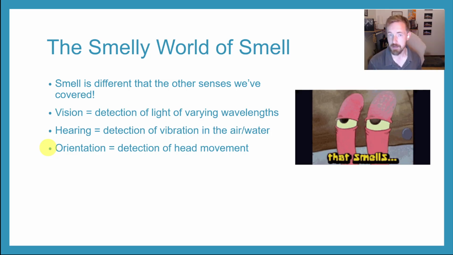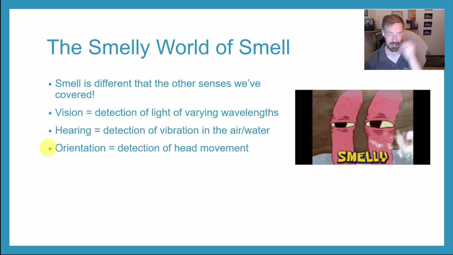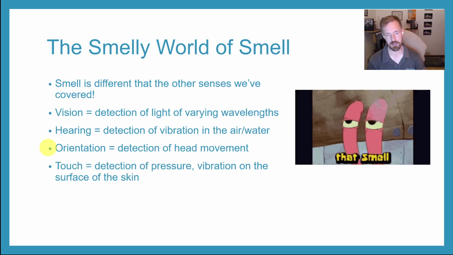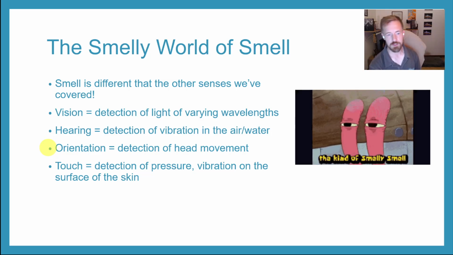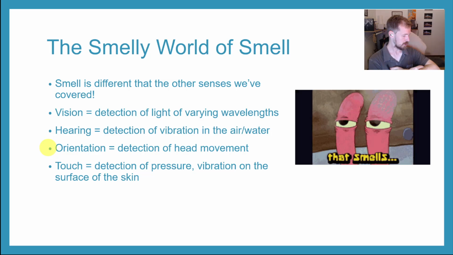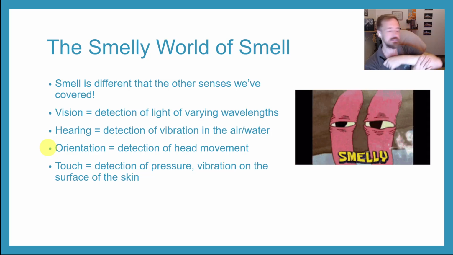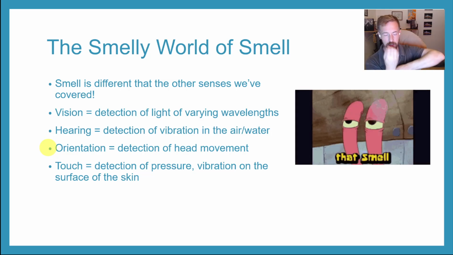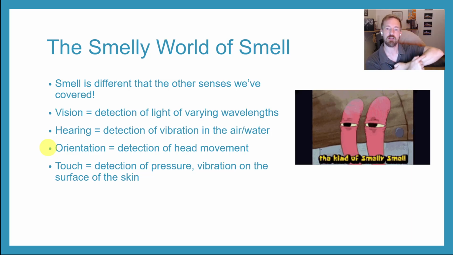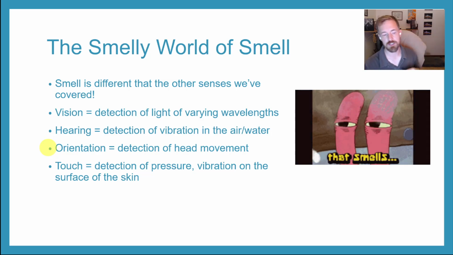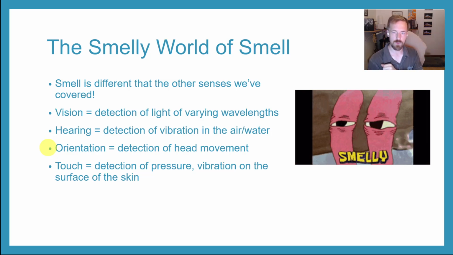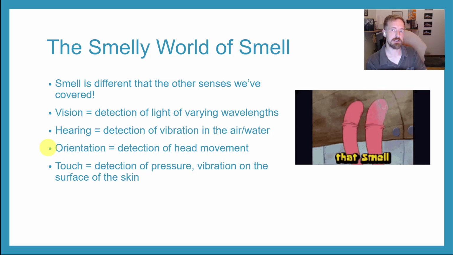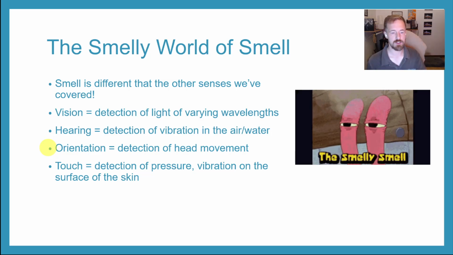Orientation, that's detecting head movement. So if you move your head, we have receptors in our inner ear that are responding to that. Those mechanoreceptors are bending and swaying with that fluid. Then we got touch, which is, again, mechanoreceptors, where we are detecting deformations in our skin, deformations in our flesh. So if you poke, prod, bend, rub, or scratch, we detect that because the cells in our epidermis are being activated. They are creating action potentials because the structure of the cells is being smushed.